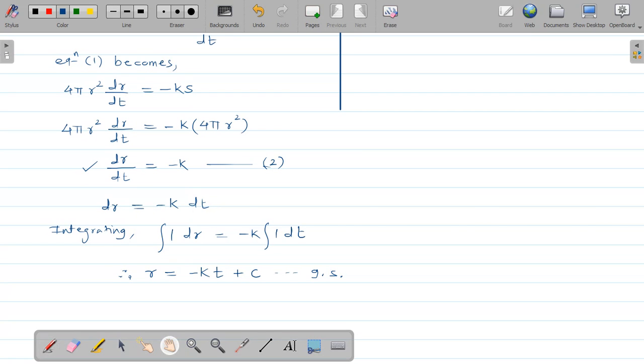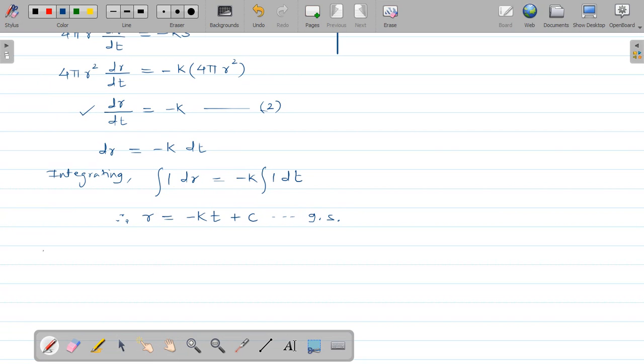Now by our regular method, first of all we have to consider the initial condition. Now initially what is given to you? Initially, means when t is equal to 0, what is the radius of that spherical raindrop given to you? It is 3 mm. See the question. In that question, the radius is given to you. Originally it is 3 mm. So information about the radius is given to you initially. That's why we have converted the given differential equation in the form of radius.